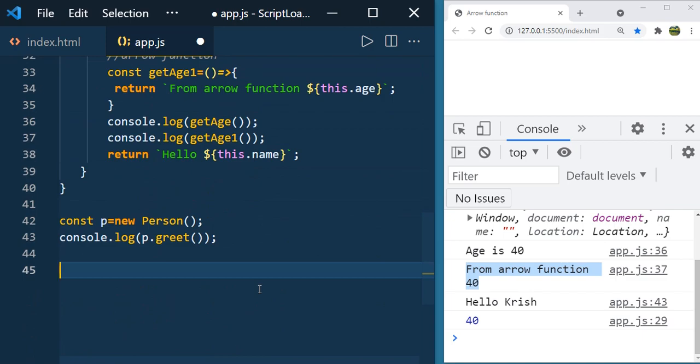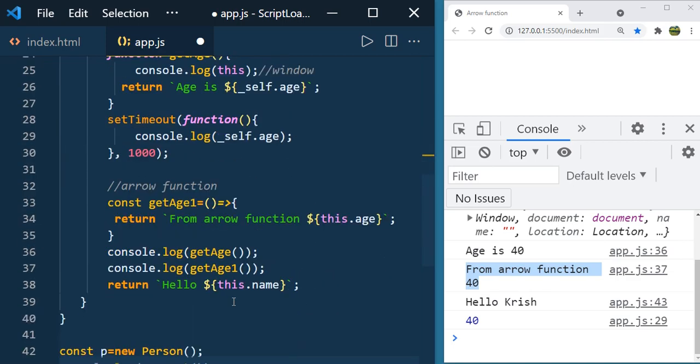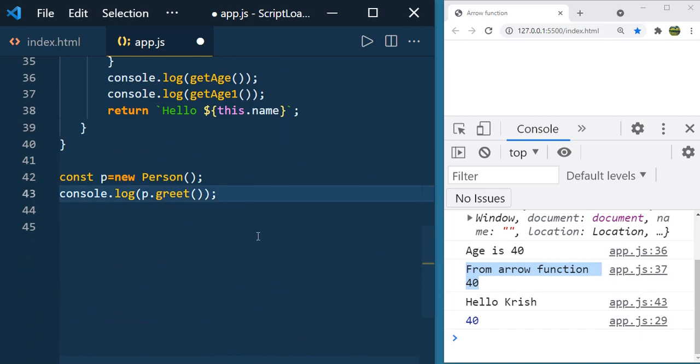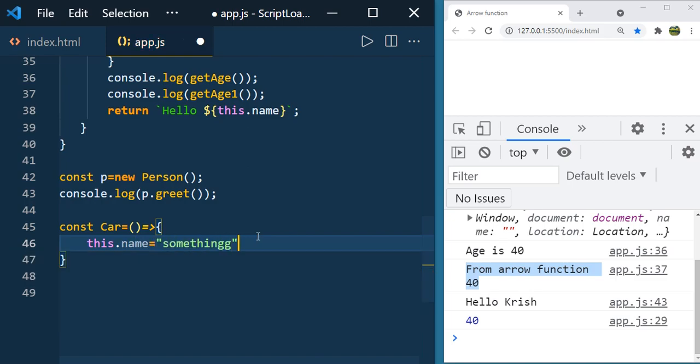Now let us see another difference, that using an arrow function you can't create a constructor. So here we defined the person using the normal function syntax, and let us define the same kind of object constructor using arrow functions. Let's say constant car equal to, let's say this.name something, and here let's try to create the object of the car.